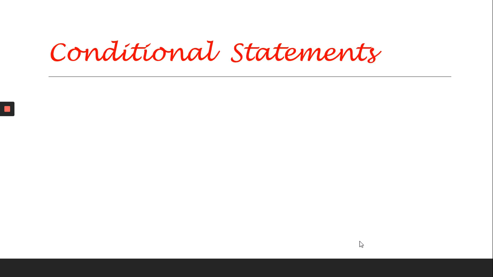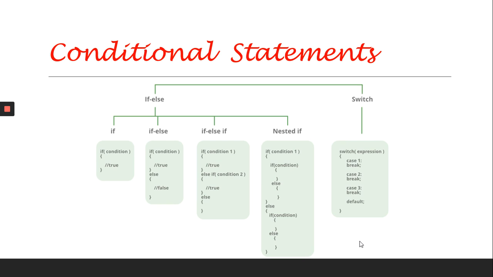Now we are moving on to conditional statements. There are different types of conditional statements possible. The first one is simple if condition. So we will be having a condition as we have seen, say A greater than B can be a condition. So we put that particular condition inside the if, and if that particular condition is satisfied, only the true group of statements will be executed. Okay, in the next category we have if else. So if this particular condition is true, this true block will be executed. If it is false, the else block will be executed.